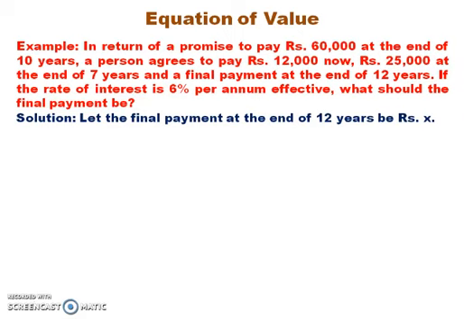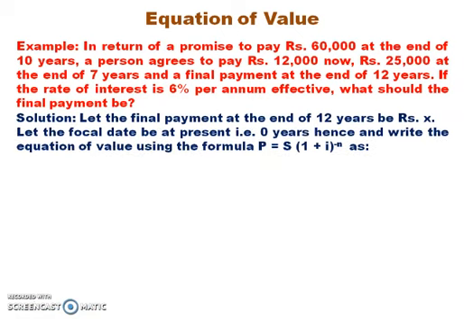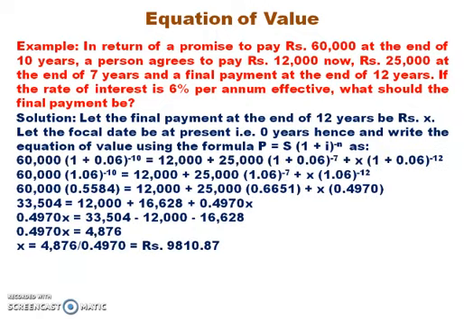So this is the missing information, and the focal date you can assume to be 0 year hence and set the equation of value using the formula P is equal to S into (1 plus i) raised to power minus n. So the equation comes to 60,000 into (1 plus 0.06) raised to power minus 10 is equal to 12,000 plus 25,000 into (1 plus 0.06) raised to power minus 7 plus X into (1 plus 0.06) raised to power